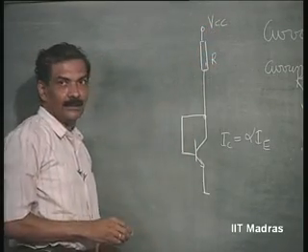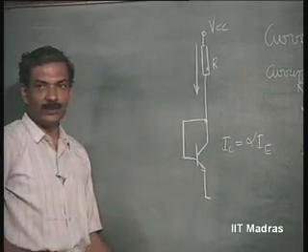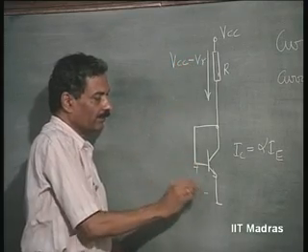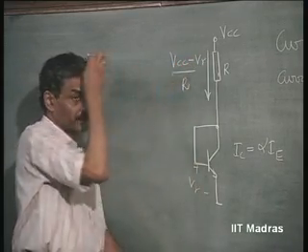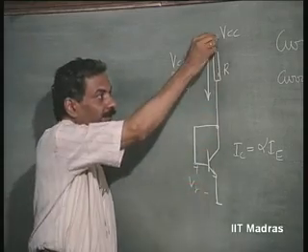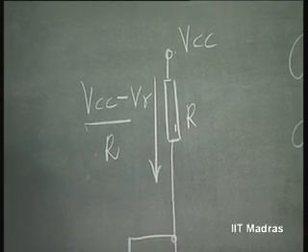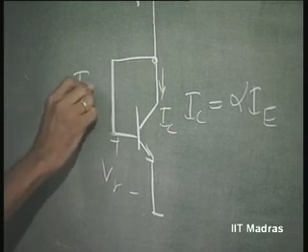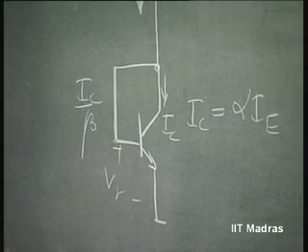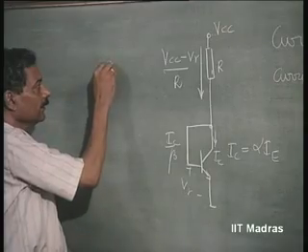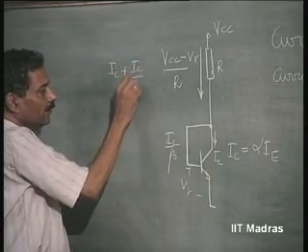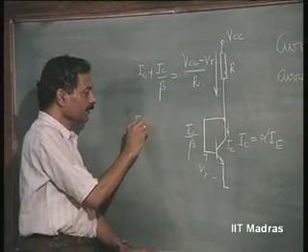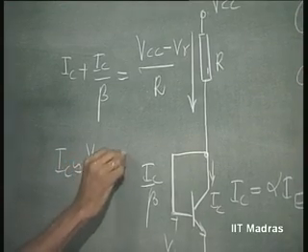If I connect a resistance like this, the current in this is going to be VCC minus V gamma by R. The voltage here is V gamma, this is VCC, so VCC minus V gamma by R. This current is IC, this current is IC by beta. So, we get here IC plus IC by beta equals this. If beta is very high, then I can fix the current in this as VCC minus V gamma by R,